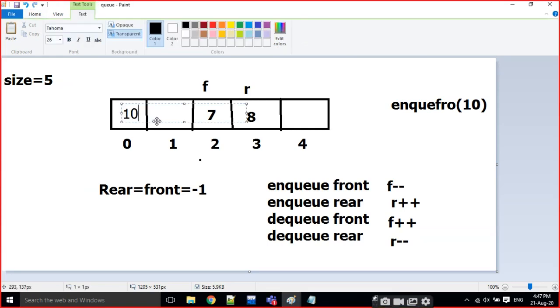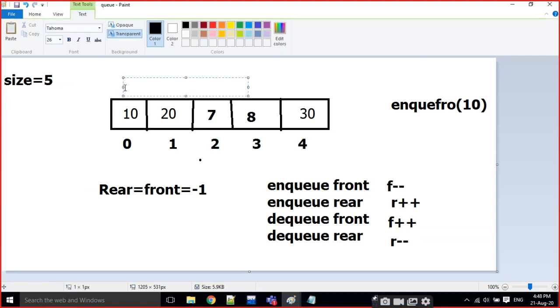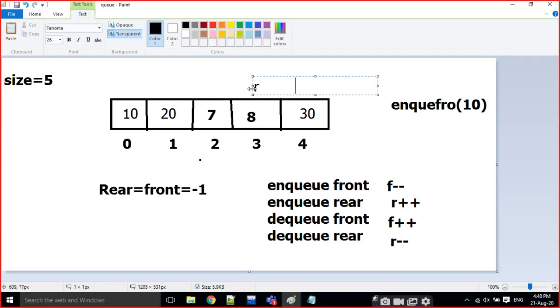For example, this is 10. This is 20. Reset this position and front is at this position.